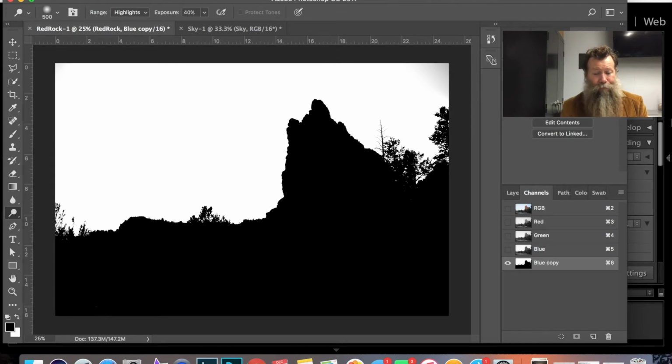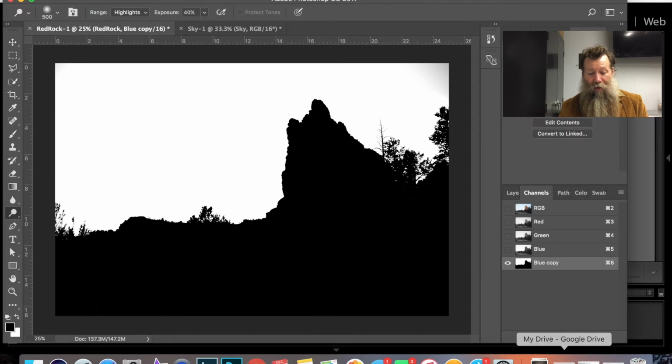in that layer channel. So in order to turn that into a selection, which I can then use, I'm going to go ahead and click here on the Make Into a Selection. So now I've got marching ants. And you can see here, the marching ants are creating a selection. The selection is going to tell Photoshop, I want to use this area of the picture and not anything on the outside of that. So with those marching ants, I'm going to go ahead and turn off this layer